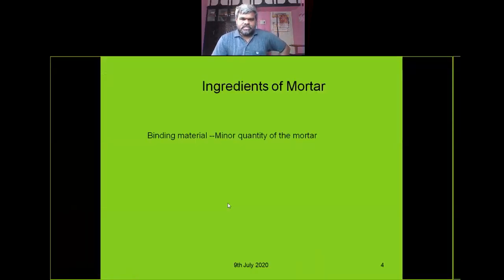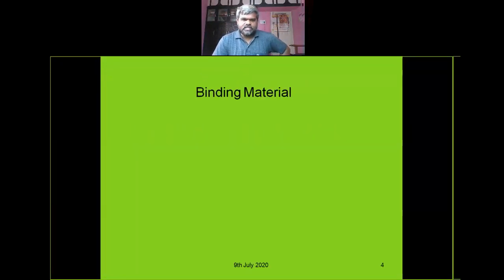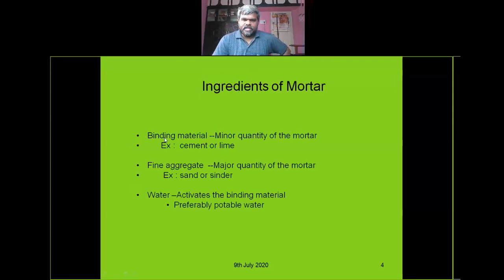That is about mortars. And what are the ingredients of mortar? The ingredients of mortar are binding material, fine aggregate, and water. Binding material may be cement or lime. Fine aggregate may be sand or cinder. Cinder means, yesterday we saw, the byproduct which is